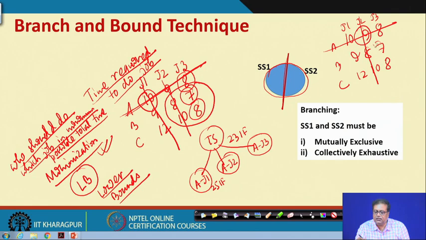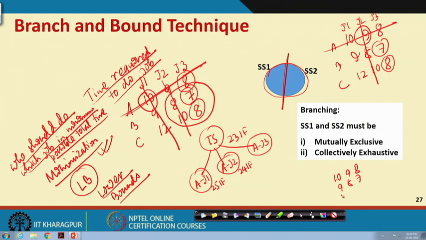Now, which is the lowest? Again these are lowest, 7 and 8. So, what is the bound? Bound is 24, but it is infeasible again. But if A does J3, again let us see 10, 9, 8, 9, 8, 7, 12, 10, 8. A does J3. Then you see again the lowest is 18 here and this 8 here. So, this is 26, infeasible. So, we are getting all infeasible solutions, but then you see A to J2 looks promising because this is 24.